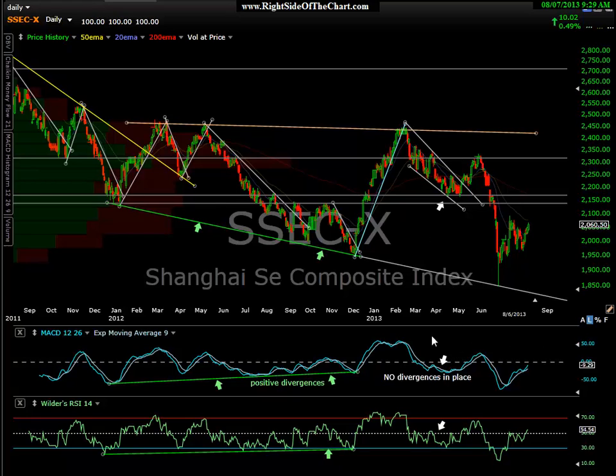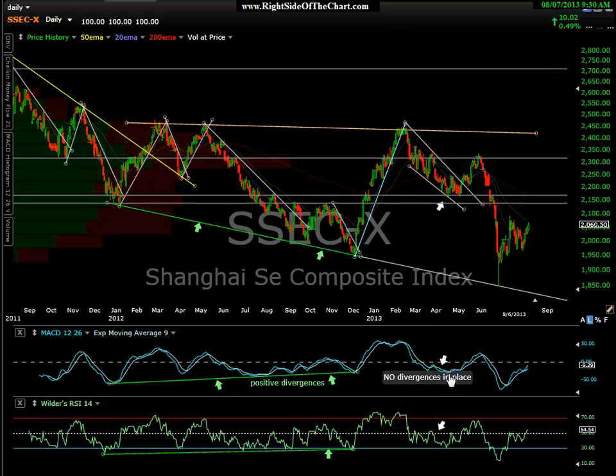This is the daily chart. I haven't covered this in a while, but most of these annotations and trend lines were on the last one. It looks like a busy chart, a lot of stair-stepping down with these uptrend lines. We'd break an uptrend line, that would be bullish, we'd move up, a new uptrend line would begin, we'd break it down. So we've stair-stepped lower. And in the last update I did on the SSEC, I pointed out this bullish falling wedge,